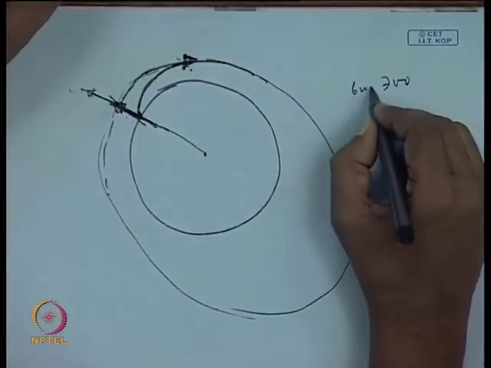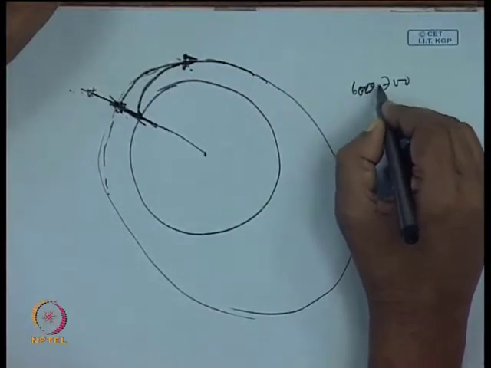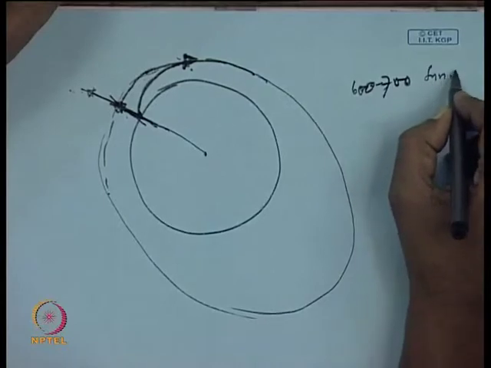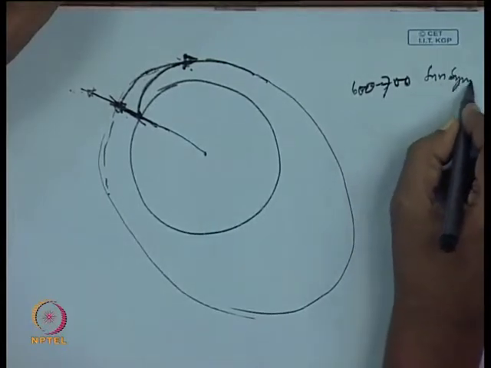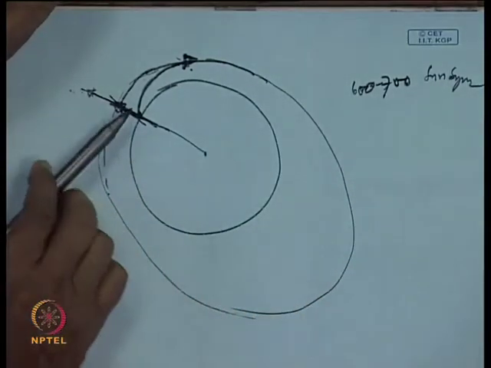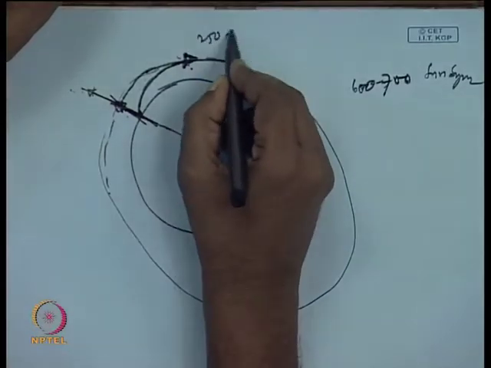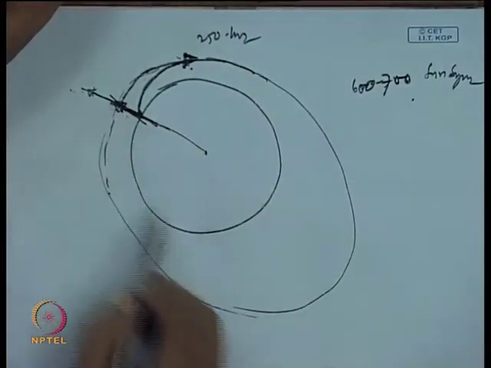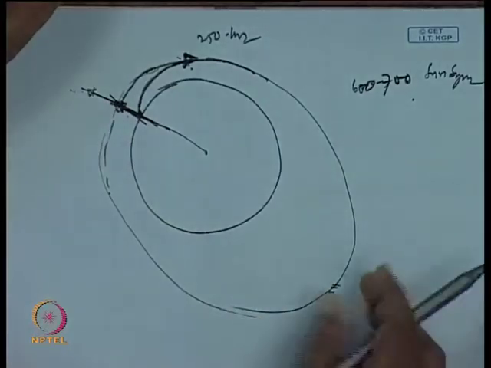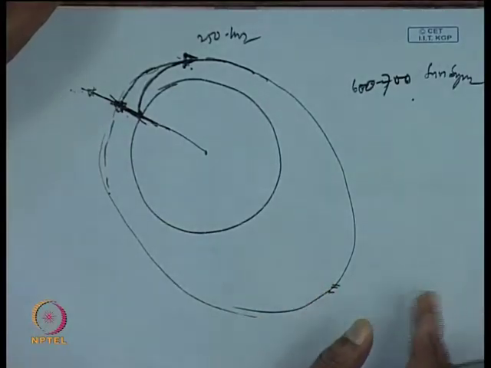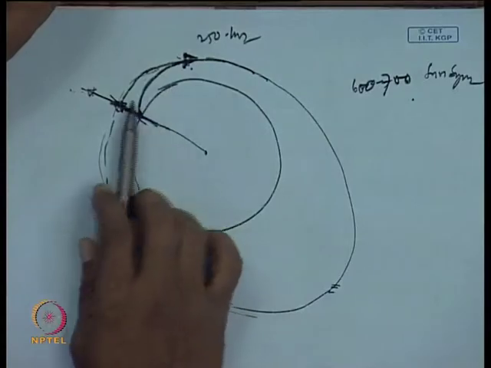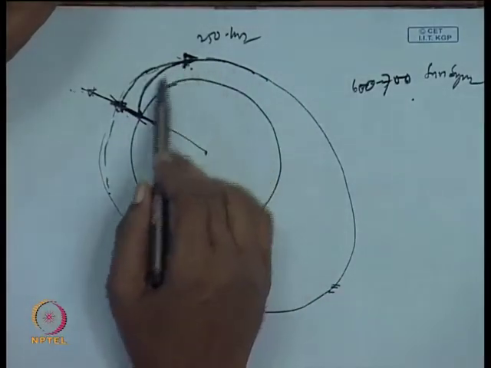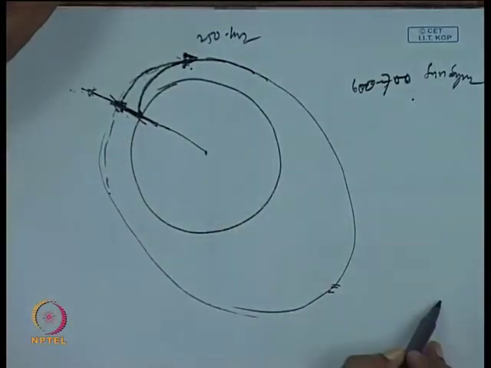600 to 700 kilometers altitude, and this is a sun synchronous orbit, let us say. Okay. So, then you need to boost up from this 250 kilometers to 700 kilometers. So, perigee boosting is required, and if there is a difference in the apogee, then apogee boosting will also be required. Unlike this, for a geostationary satellite, you need a lot of boosting, because here this is 250 kilometers, while the